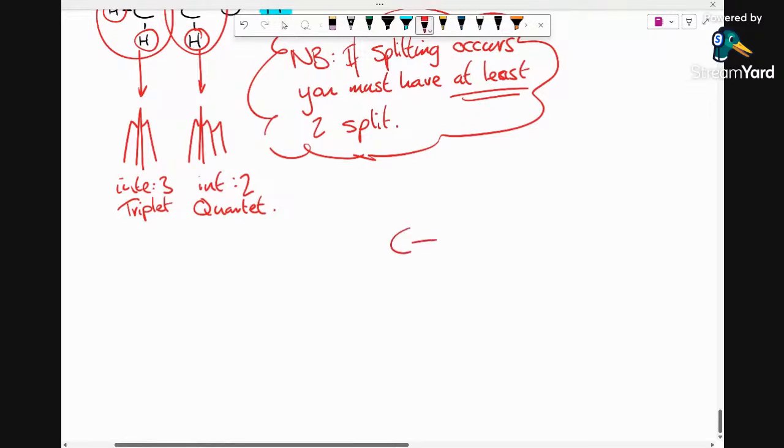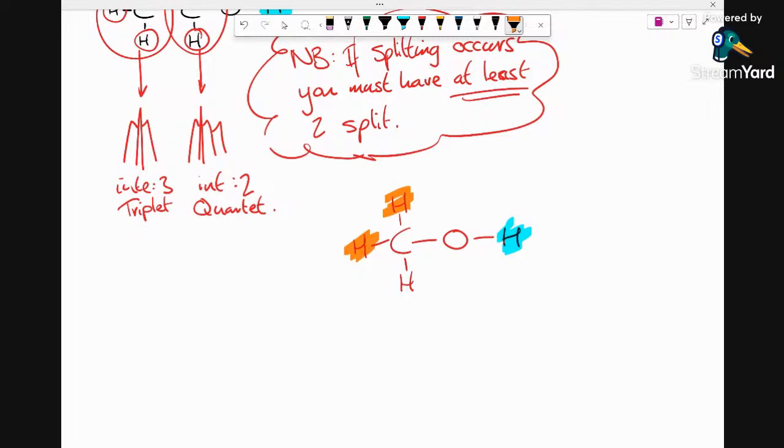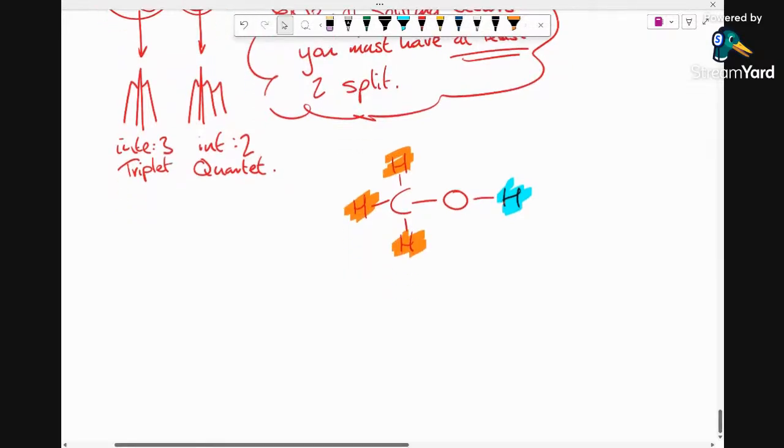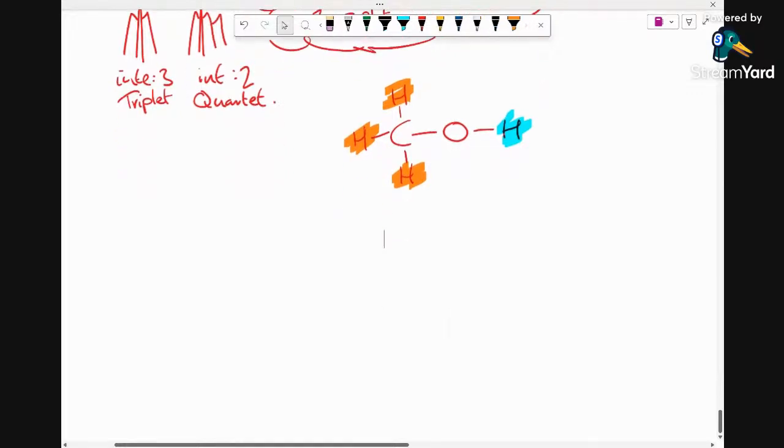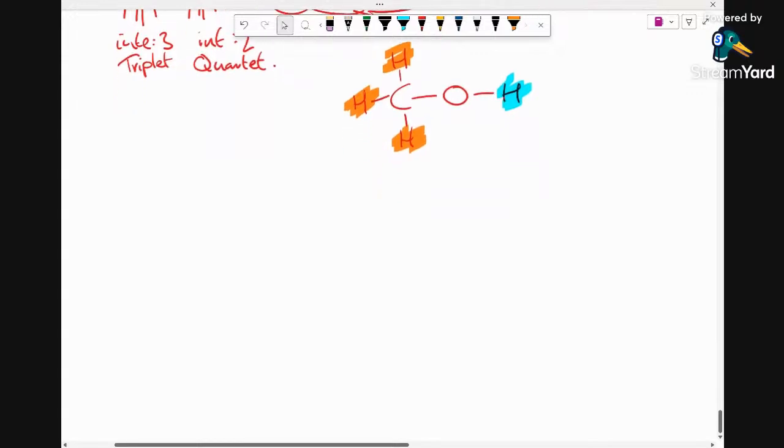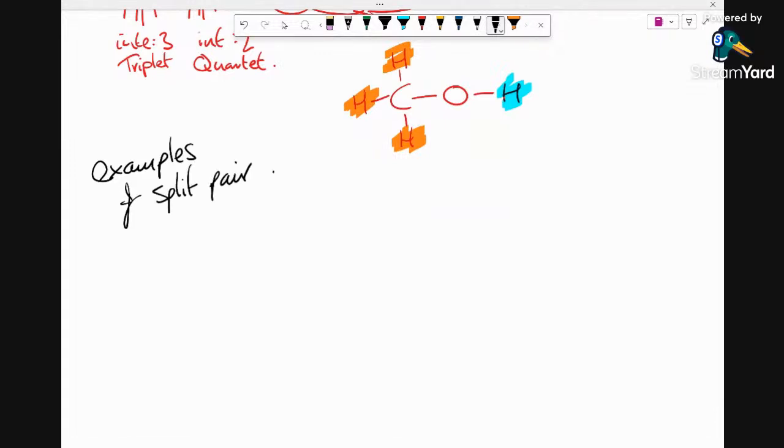So for the example, if I just do a couple of examples, methanol shows no splitting. It's going to be 2 singlets, peak number 1 and peak number 2, integrations 1 and 3 respectively, because there's no non-equivalent. But as soon as you add a carbon next door, you get 2 splittings. So what you can do is you can call these split pairs. So examples of split pairs include